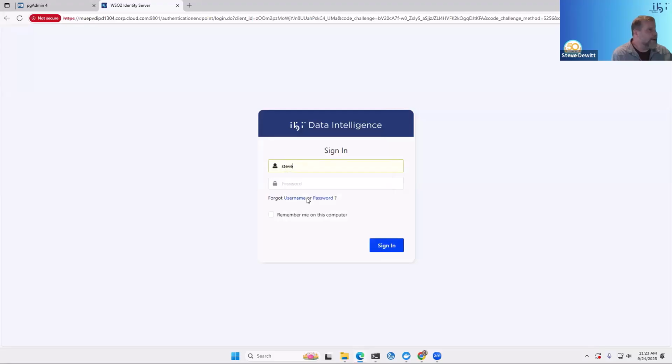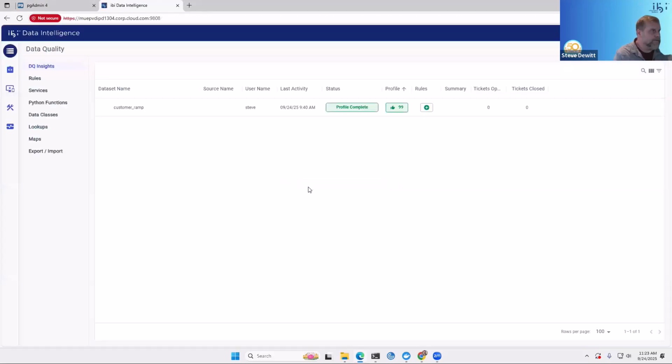So let me start out by logging into IBI Data Intelligence. And we find ourselves immediately in the data quality area. And I'm going to kind of munge things together a little bit today for demo purposes, but we're really going to be